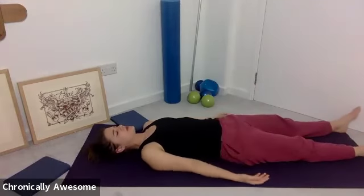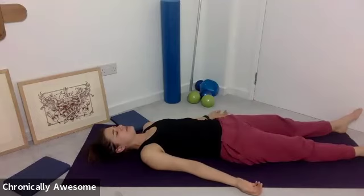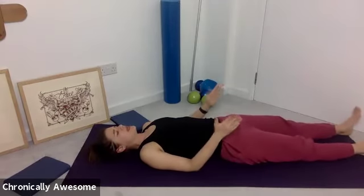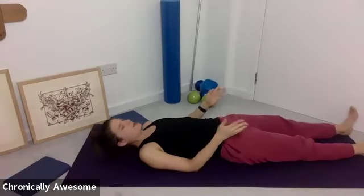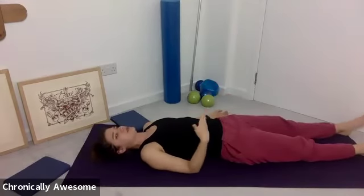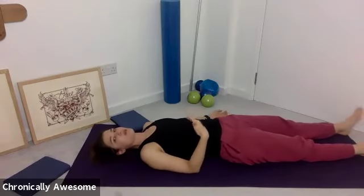And just let the arms rest down by the side of the body. The palms can face the ceiling. Let's bring the legs slightly, roughly about hip width, so they're not too far away. And I want you to start to point and flex the feet, not too quickly, but enough that you start to get this little